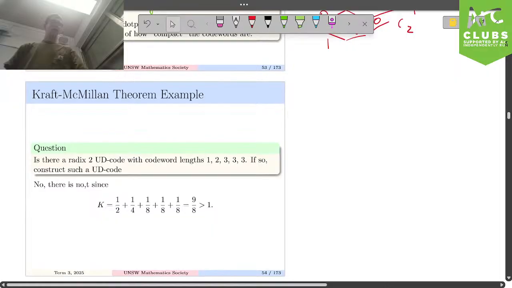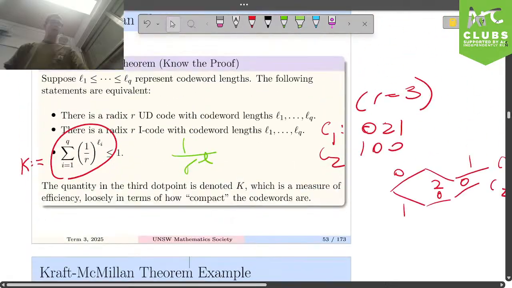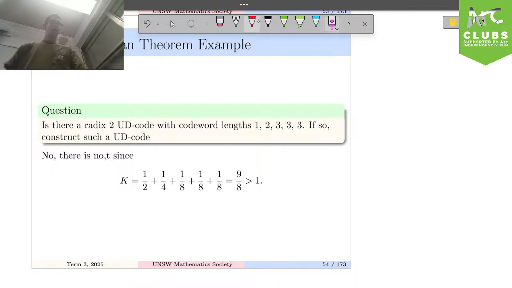Okay. So if we look at an example here, when we're given these code words, then computation can show that when you look at this K value, it is greater than 1, and so there is not going to be